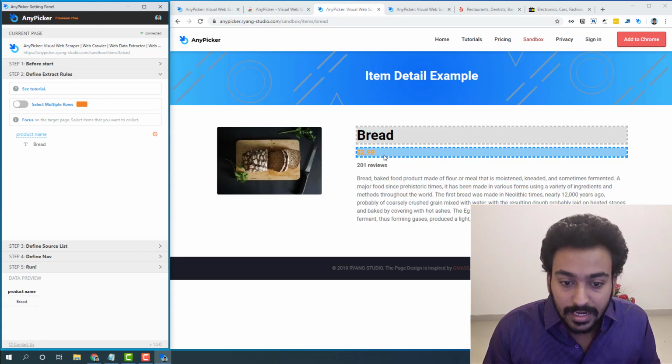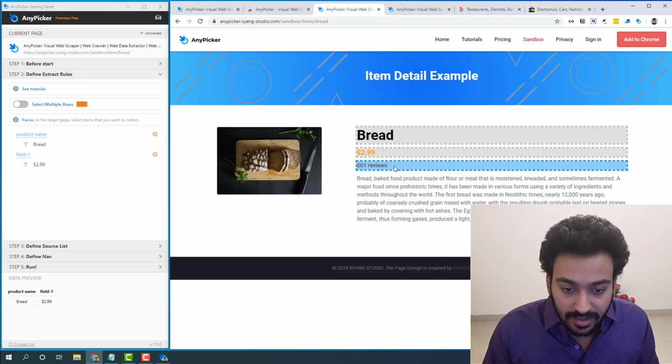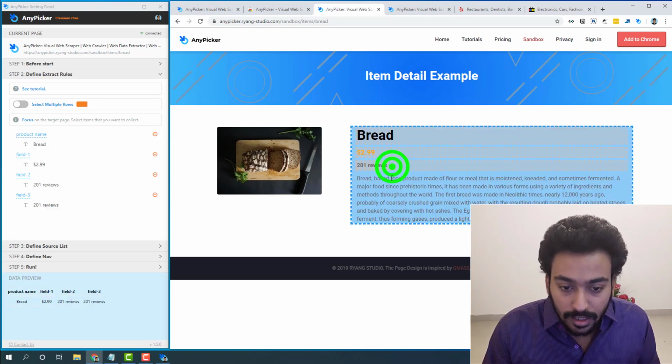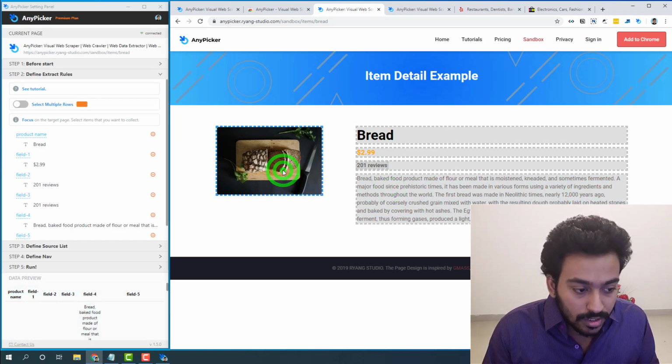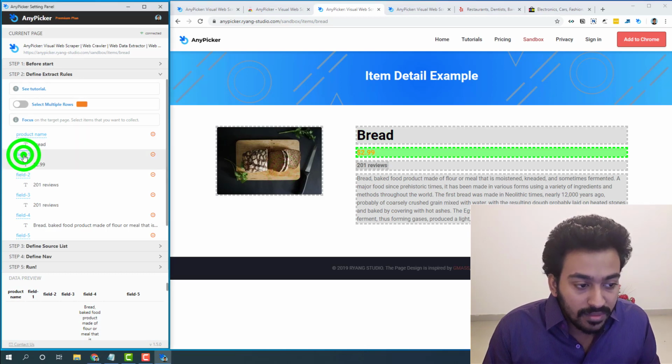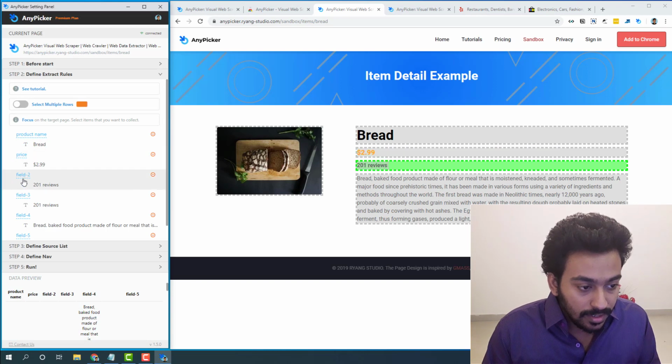Now let's scrape the price also. Click price, and let's take a few more examples, reviews and description. We can even scrape the image. It will take the image URL. Let me show here. And now we can give names for each of these columns. For example, price, reviews count,